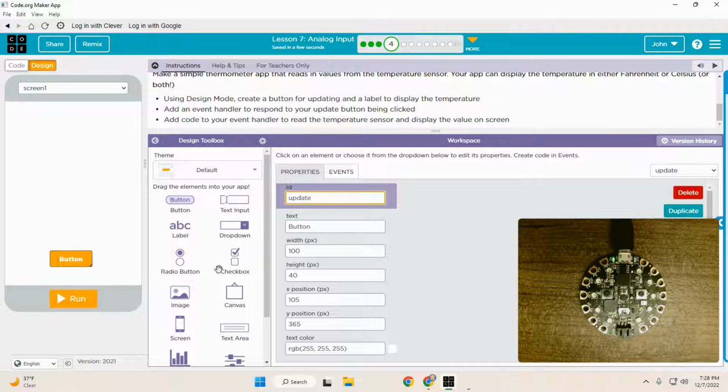That'll be the ID, and it'll actually also be the text. All right, well, let's go ahead and make this button a little bit bigger. There we go. And so we've got a button that we're going to be able to click on to update our temperature. And we're going to go ahead and also create